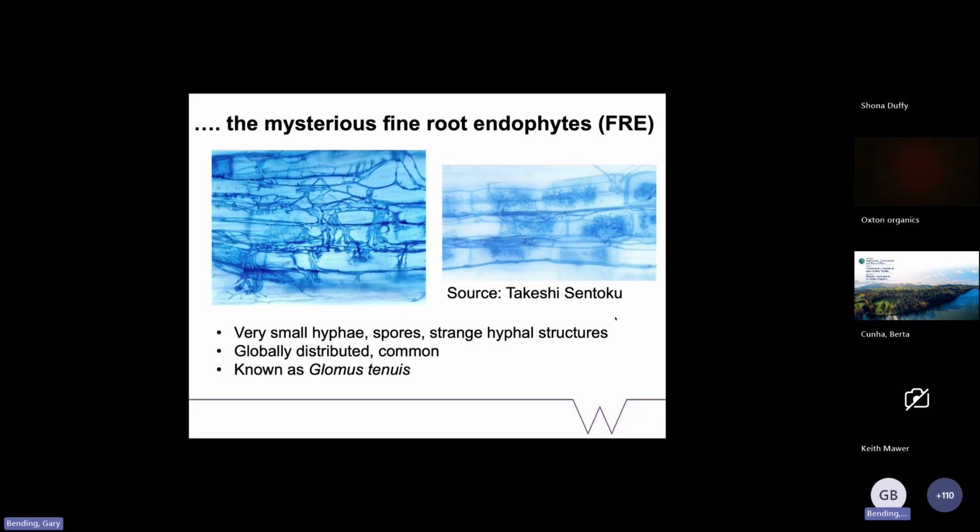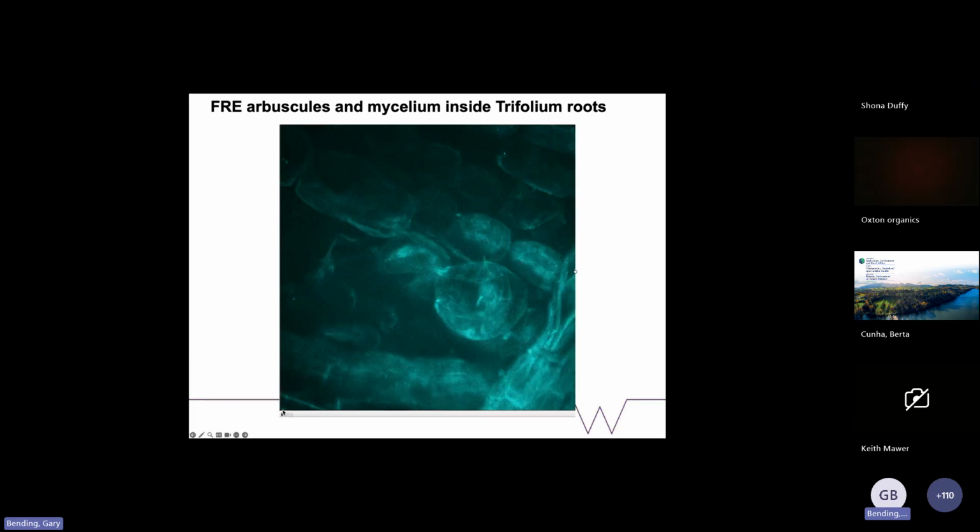a very, very small hyphae, very small spores, strange hyphal structures. This is what it looks like. It's been known as Glomus tenuis. And I just want to show you a video that my student Josh Cole took through a root. This is a root that's been stained with a fluorescent stain, and we're starting halfway through the root. I'm going to show you what happens as we move through the root, what these fungi look